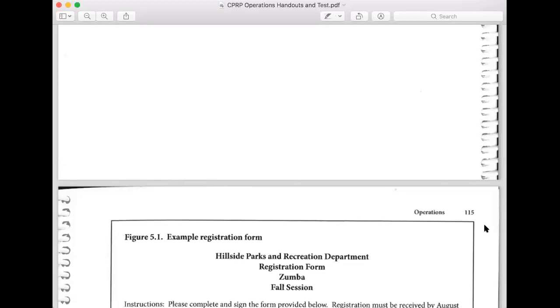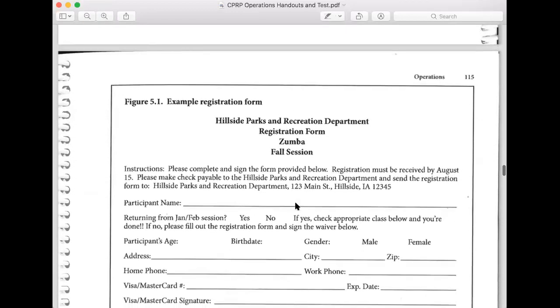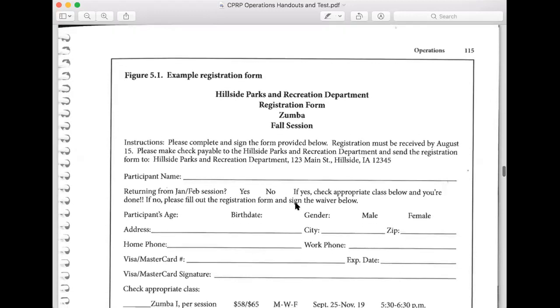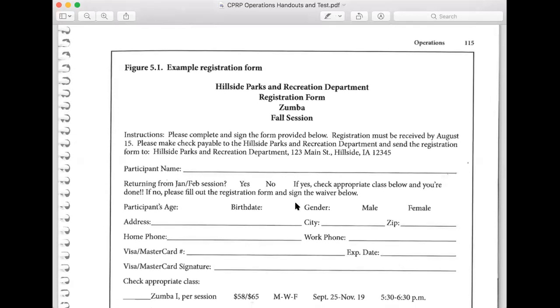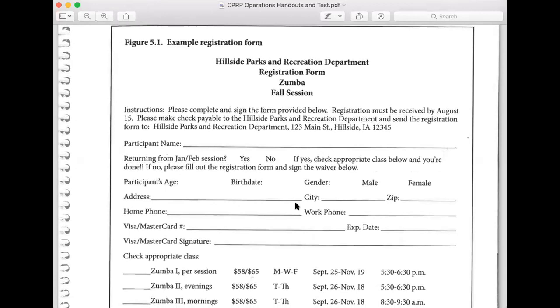Then under forms, another important step in facilitating a successful registration and reservation process for participants is the use of the form. And there's a form right here that I'm bringing up on the screen. And when designing a form, keep the form simple to complete while obtaining as much information as possible for use in future marketing. So here's an example, and it should at a minimum have the date, the participant contact information,